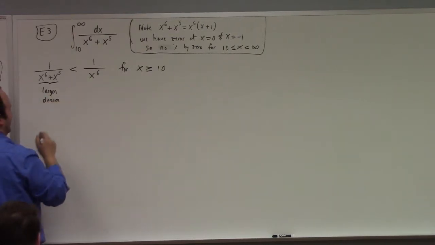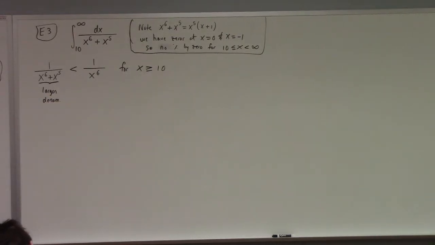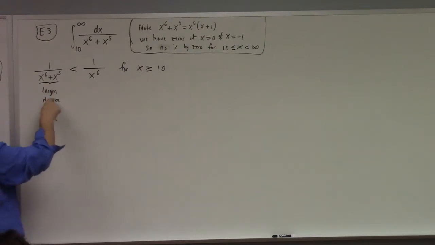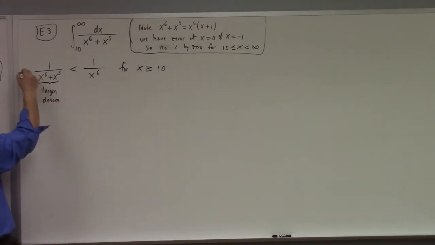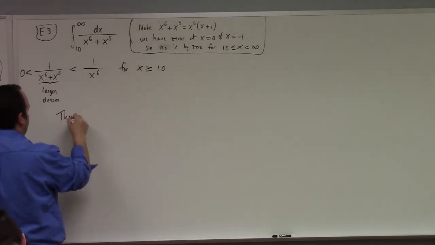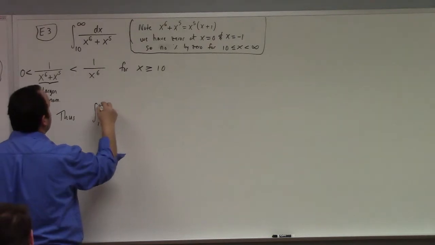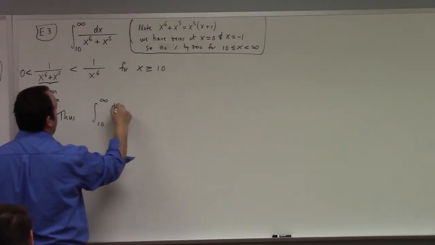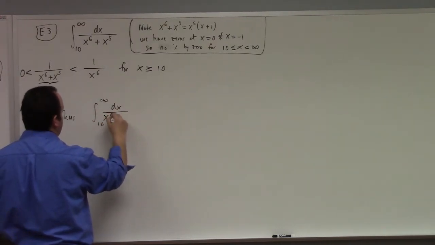Larger denominator means smaller fraction, right? Because these are all positive. Okay, very good. Thus, the integral from 10 to infinity of dx over x to the 6th plus x